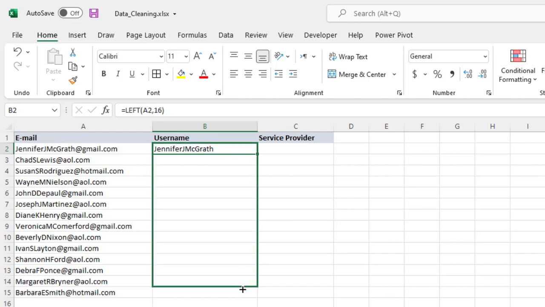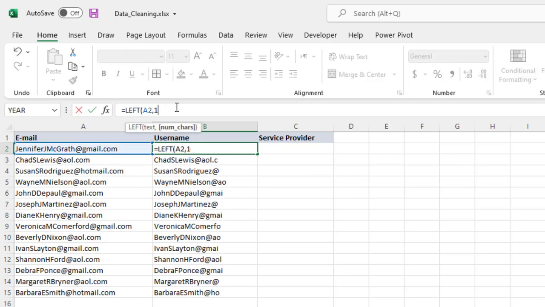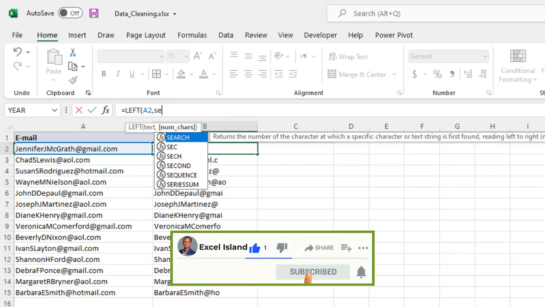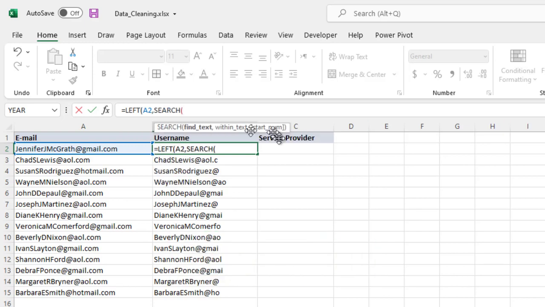When I copy it down, I'll have a challenge because there's inconsistency in the number of characters. So to get rid of that, I'm going to combine this left with another function called search. What search does is return the number of characters at which a specified character of a text string is first found, reading left to right. Note, it's not case sensitive. When I click on search, it's going to ask me find what. This time I want to find this @ so once I find this @ I want it to return everything from the left of the @ So in quotes, find @